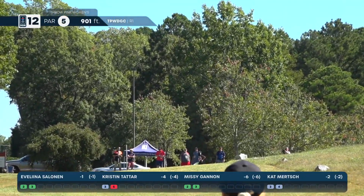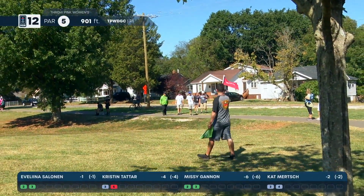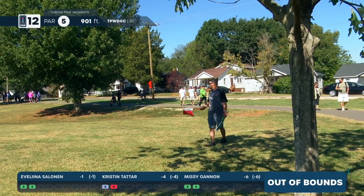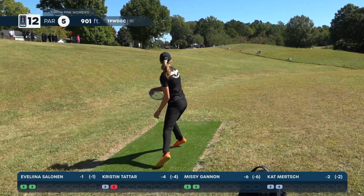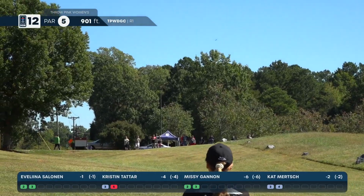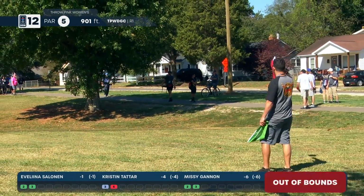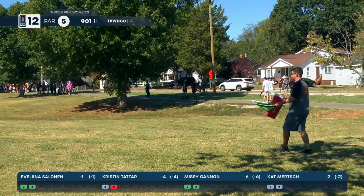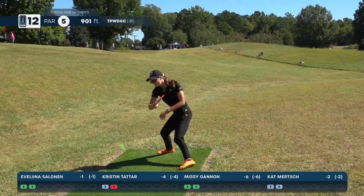And Kat might be flirting with out of bounds again. So this is exactly what you're going to see. Kat went OB left, but instead of taking it by that path where she went OB, she's just throwing again from the same spot. Gaining no distance at all. And this one, high, pushing left. Oh, my goodness. Bad airplay, honestly, too. I know ground play, she's...